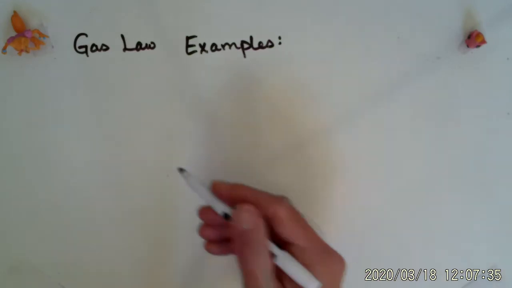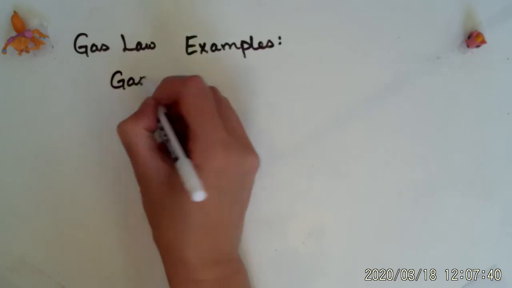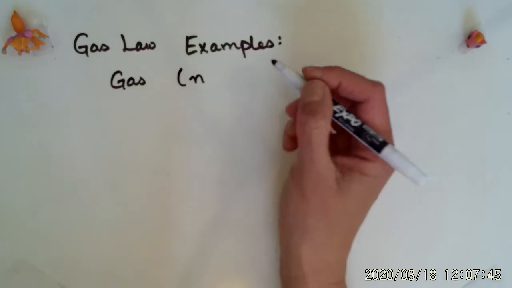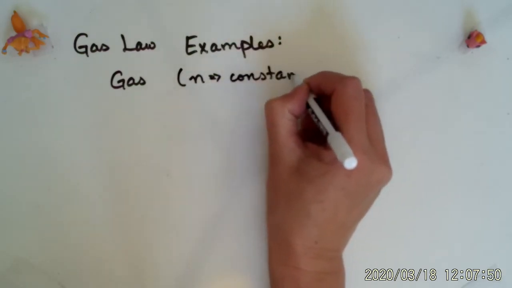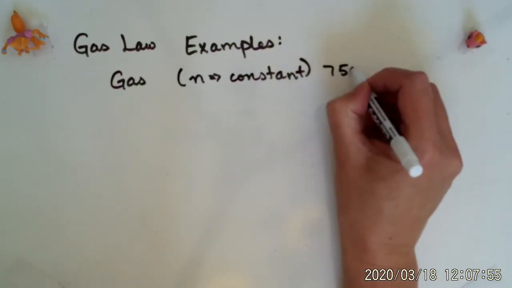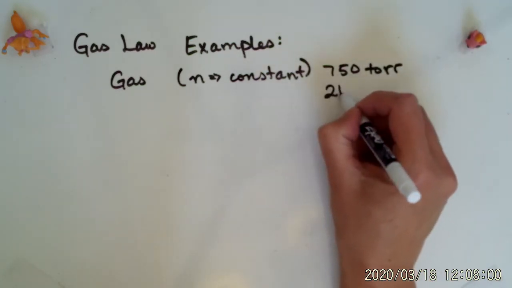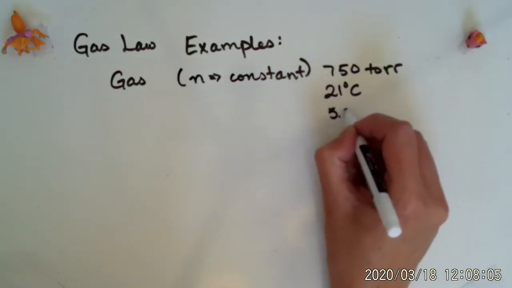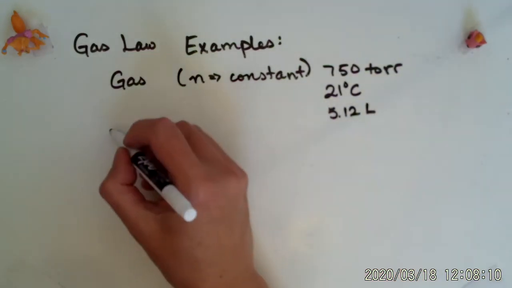Okay, you have a fixed quantity of gas. When we say fixed quantity, that means that N, the number of moles, is going to be held a constant. And this gas exhibits a pressure of 750 torr. It's at 21 degrees Celsius, and it occupies a volume of 5.12 liters. So what we want to do is determine